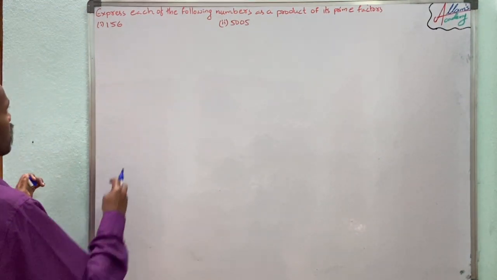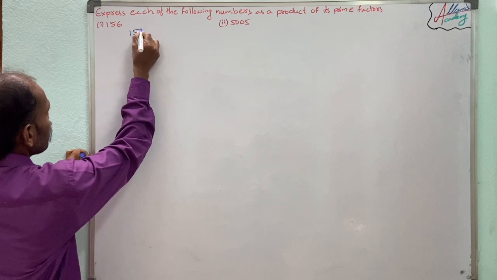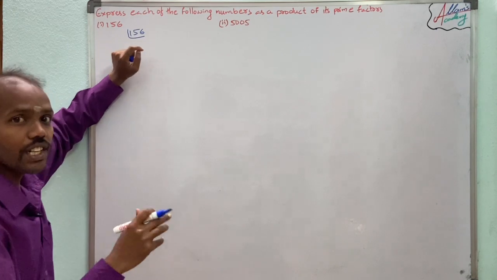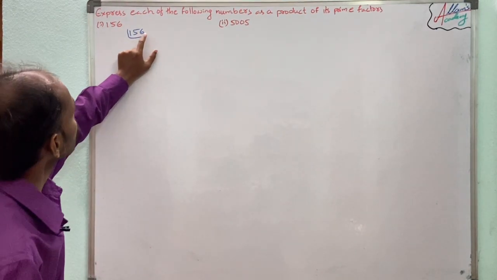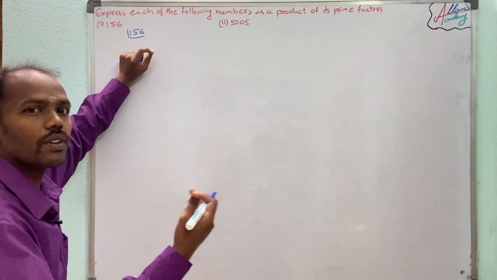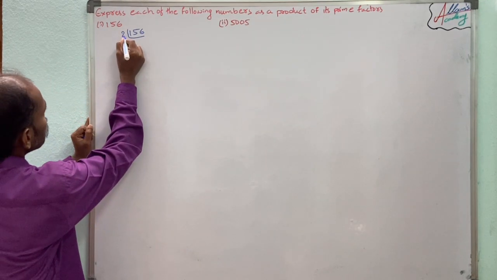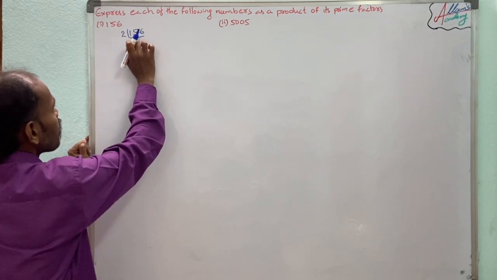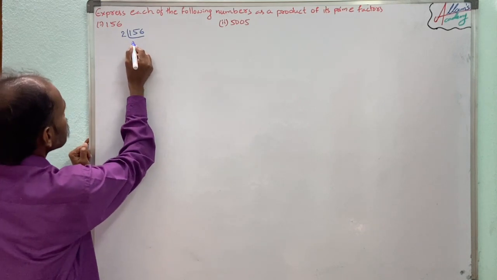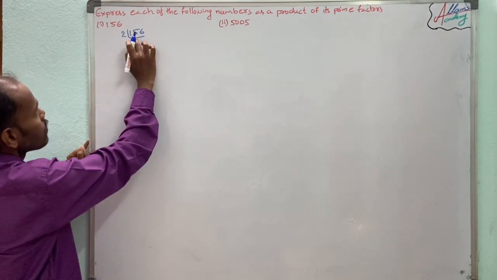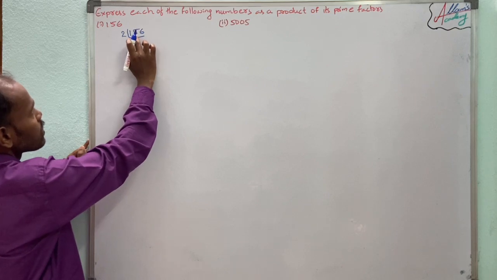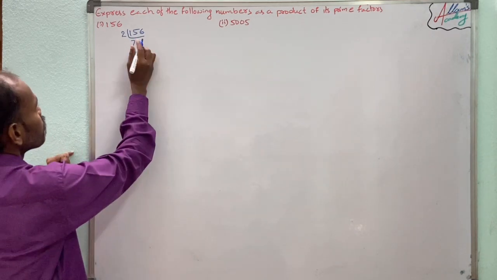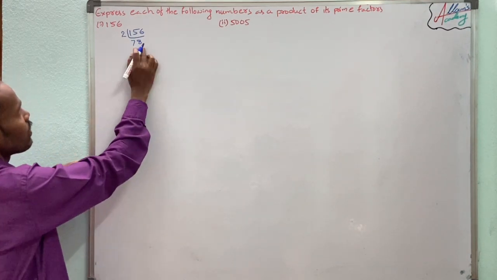Now the first one, observing 156. In our previous classes we studied prime factorization and division rules also. Here the last digit is 6, so it will be divisible by 2. Now in the 2 table, 2 does not divide 1, so taking the next digit 5, that is 15. 2 sevens are 14, so 15 minus 14, 1 is the remainder, and 1 is added to the next digit, 6, making 16. Now 2 eights are 16, so now it is 78.